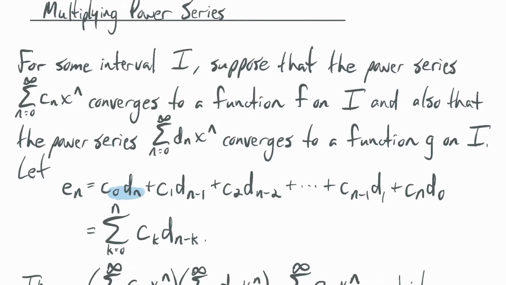0 plus n is n. 1 plus n minus 1 is n. 2 plus n minus 2 is n. N minus 1 plus 1 is n, and n plus 0 is n. Okay? What you're doing is you're taking, basically,